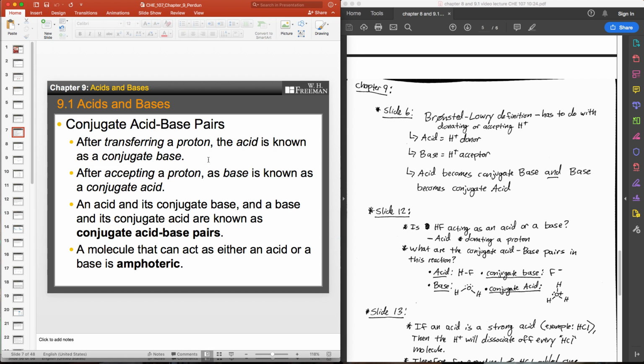After transferring a proton, the acid is known as a conjugate base. After accepting a proton, the base is now known as a conjugate acid. An acid and its conjugate base, and a base and its conjugate acid, are known as conjugate acid-base pairs. A molecule that can act as either an acid or a base is considered amphoteric. That's an important term to know and memorize. Amphoteric just means something that can act as an acid, a Bronsted-Lowry acid,